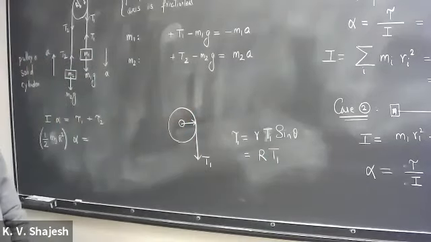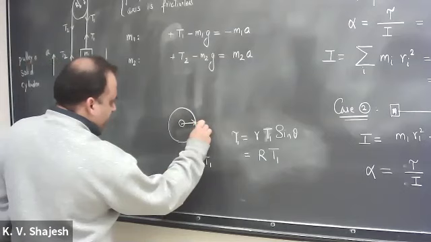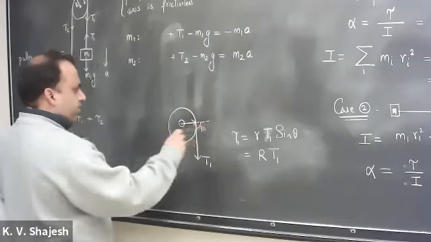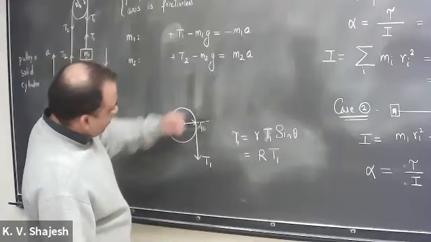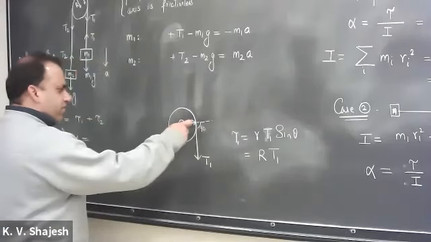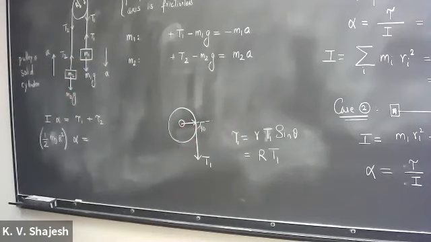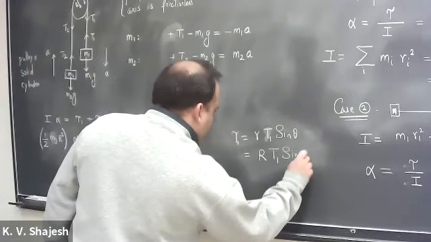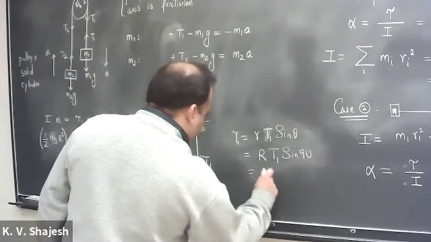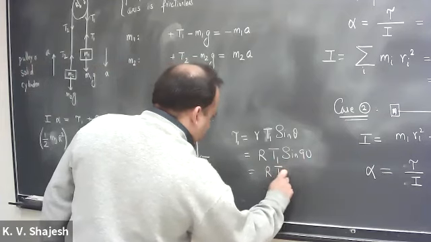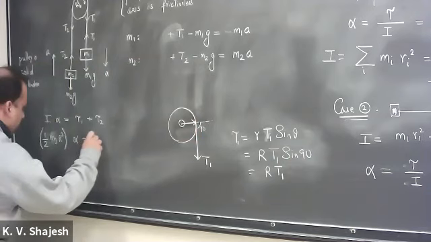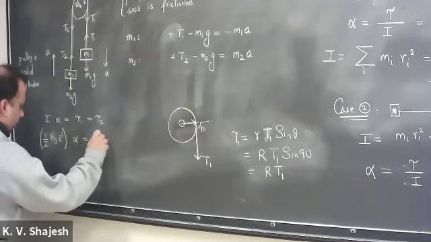And sine of the angle between them, we said extend this way, and that's your 90 degrees. That's your vector, it can be moved to this side, and that's your 90 degrees. Even if you take this to be the angle, that's okay, because sine of 180 minus theta is always sine of theta. So this is sine of 90, which is exactly equal to 1. So we have the torque due to the force of tension T1 to be just R times T1. So that's R times T1.